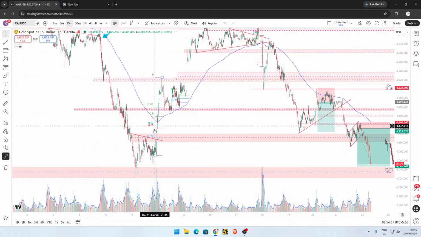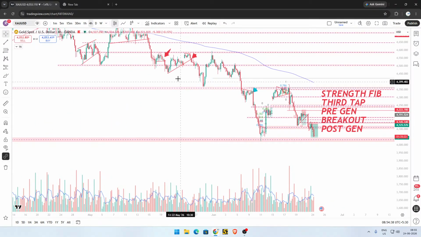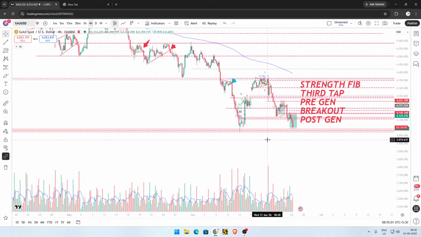See, let's go to a higher time frame. So in the higher time frame, in 4 hour, you can see the trend is to the downside. Here is the support. So it went up at the retracement area, and then it is falling down. So here I want to say the thing is, now we are dropping to